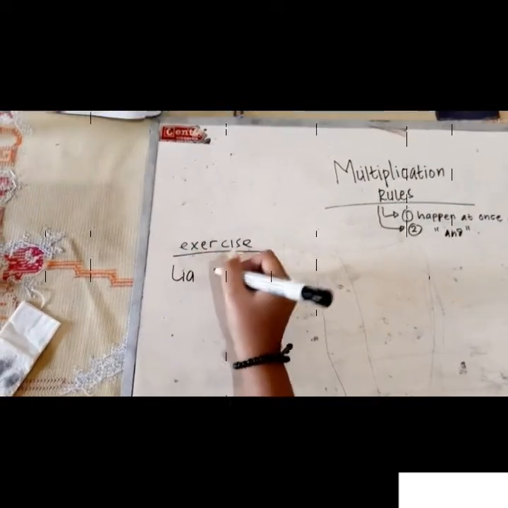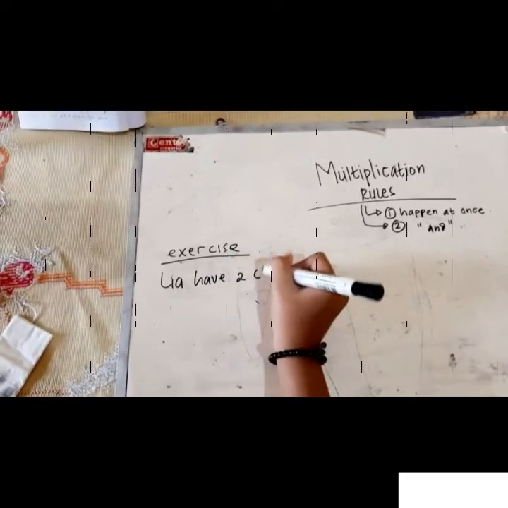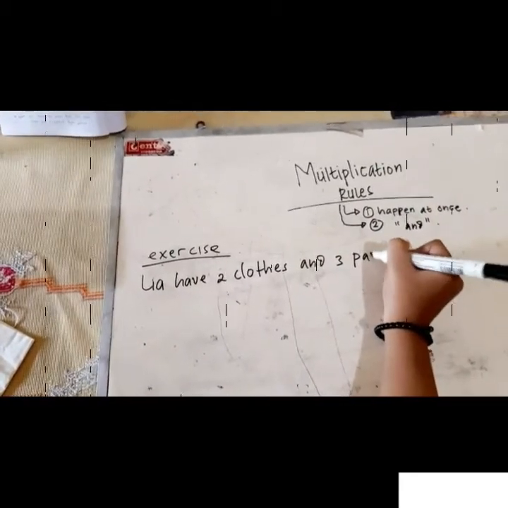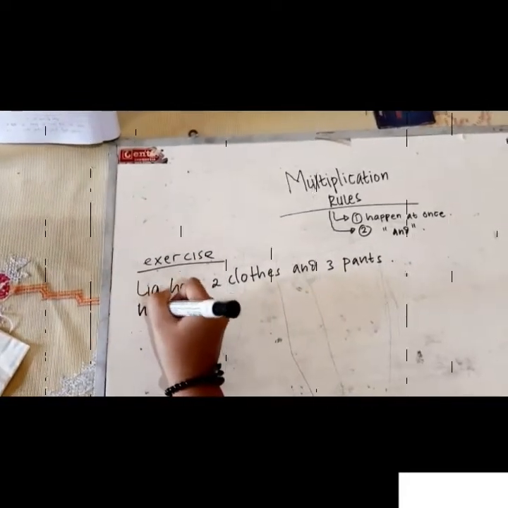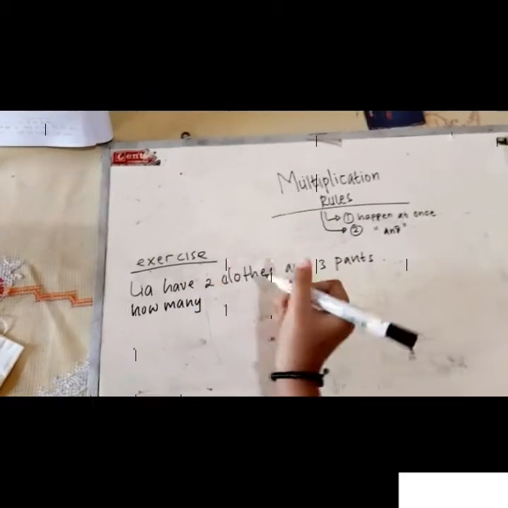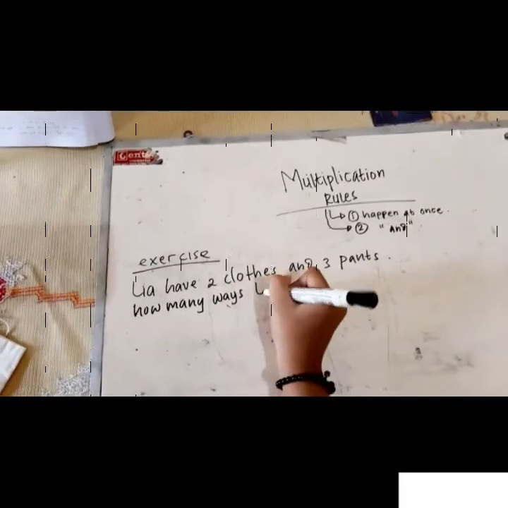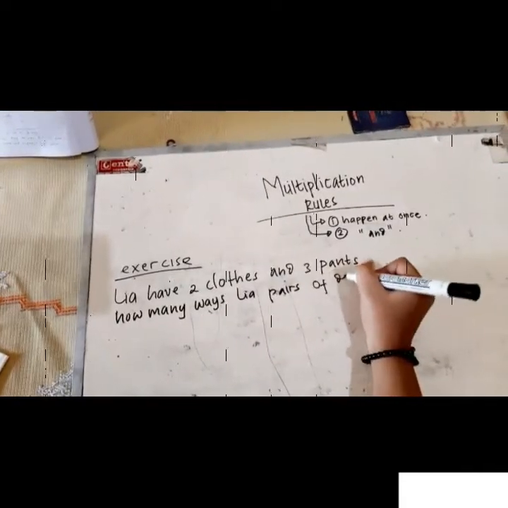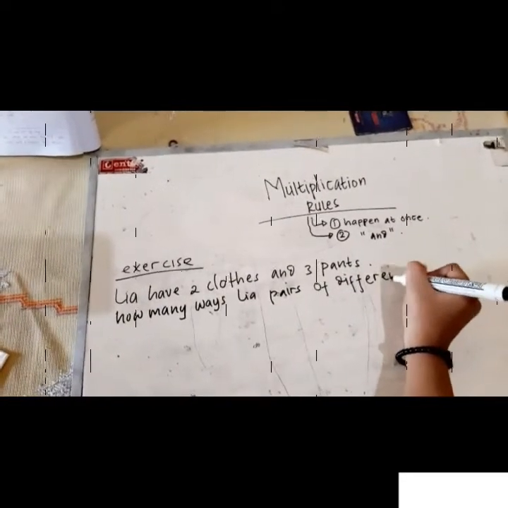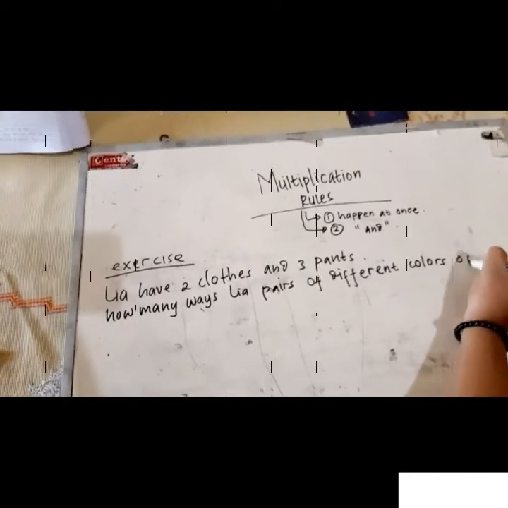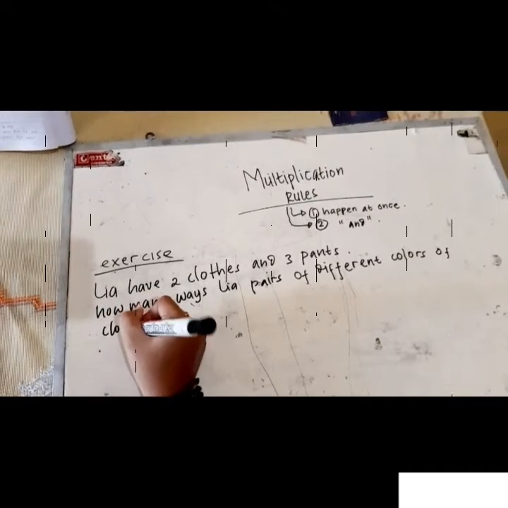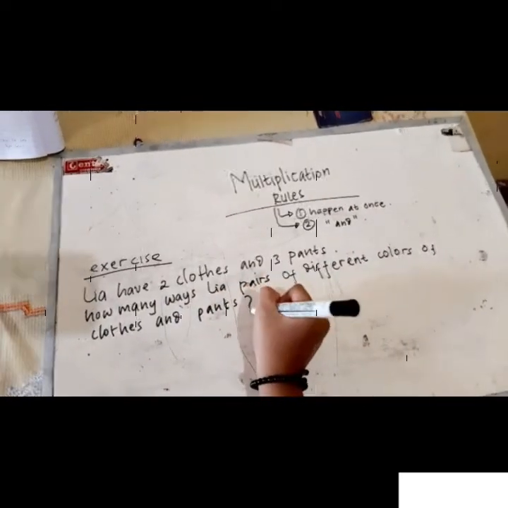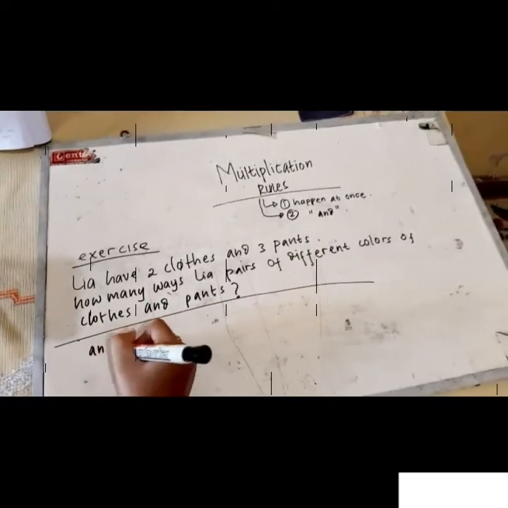Example: Leah has 2 shirts and 3 pants. How many ways can Leah make pairs of different colors of shirts and pants? Answer: